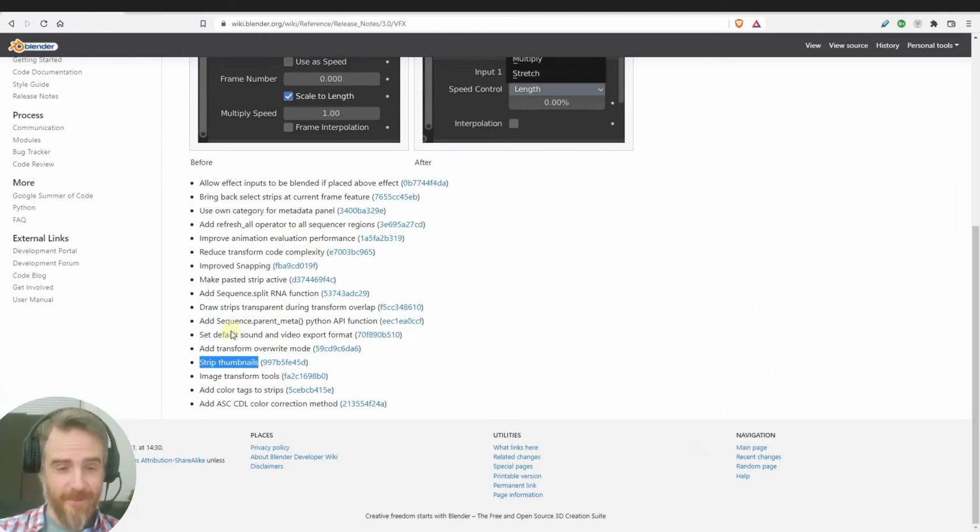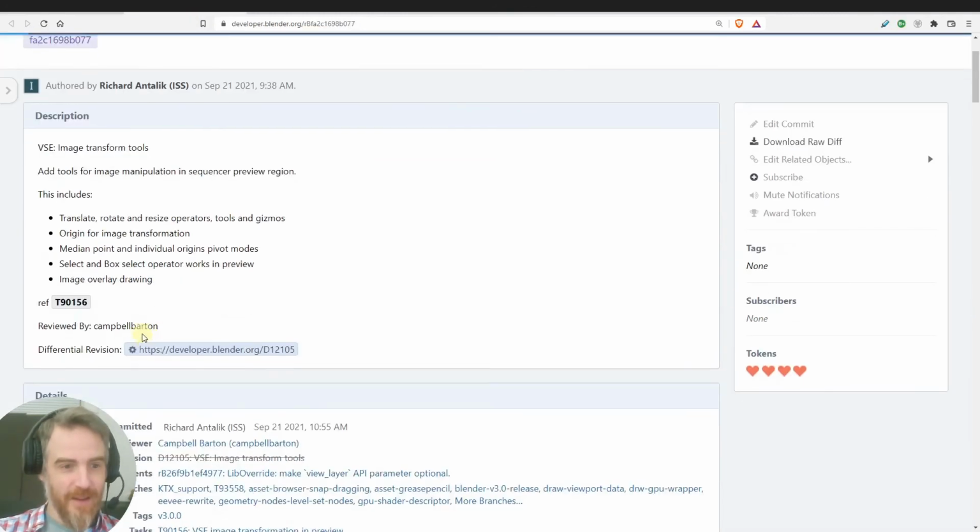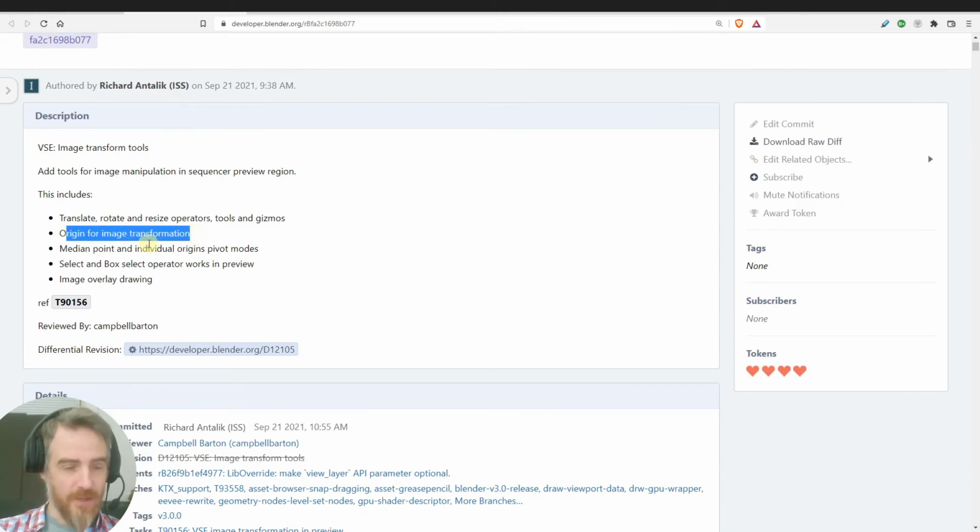Was not expecting that. Image transform tools. So yes, this is what I did discover. So we have translate, rotate, resize operators, tools, and gizmos. Origin for image transformation, which is that little dot. Median point and individual origins, pivot modes. Okay, I didn't change the pivot modes. I didn't try that. I'll have to look at that in a second here. Select and box select operator works in preview. Image